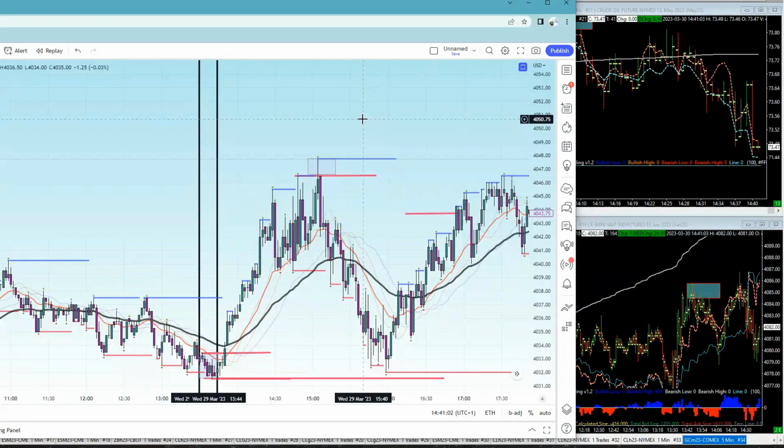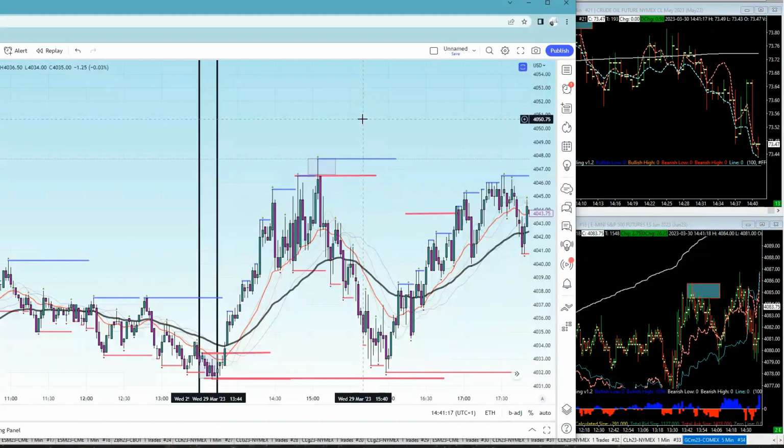And then 3 o'clock coming into the next big data, if there was big data at 3 o'clock, they would use that traditionally as their profit take and their walk away. A lot of floor traders will finish 3 o'clock London time, which is going to be 10 a.m. New York. So obviously that gives you an idea that this is more likely to be a sell than a buy